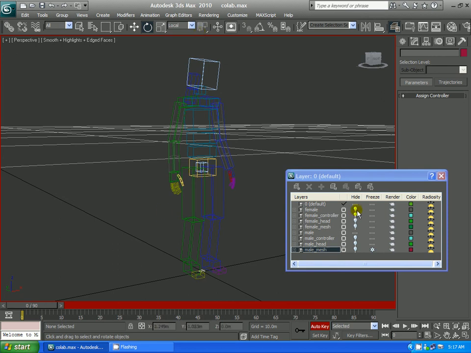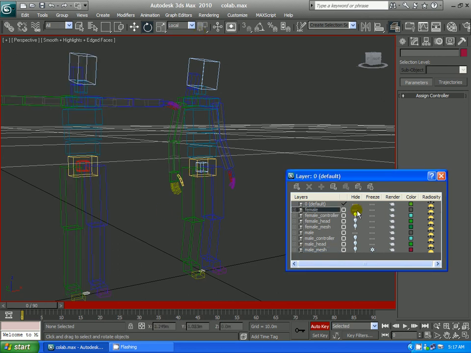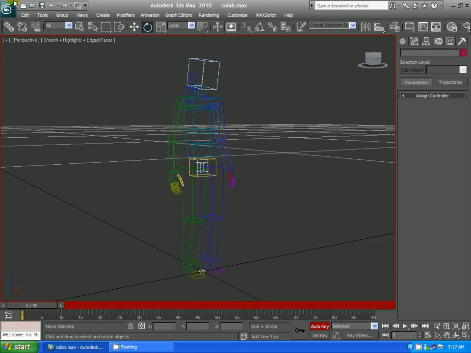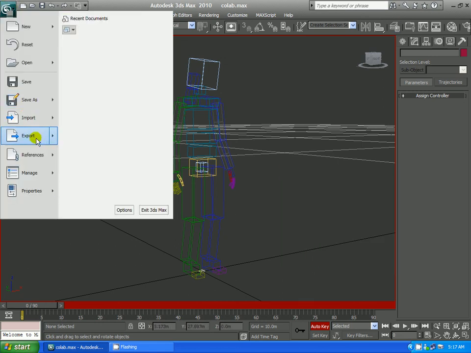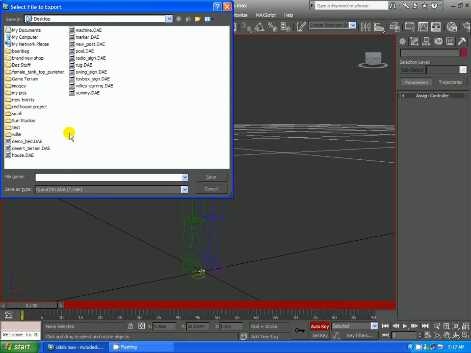The only part of anything that you want in your scene is this part right here. And you don't want both avatars. If it's a male animation, you just want the male skeleton in the scene, and then you go